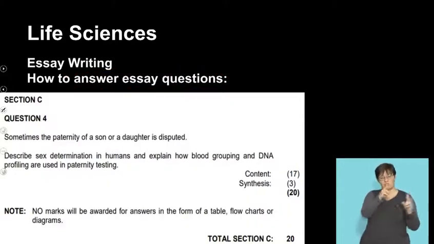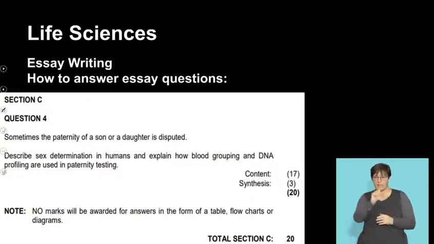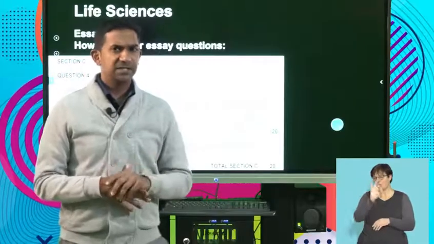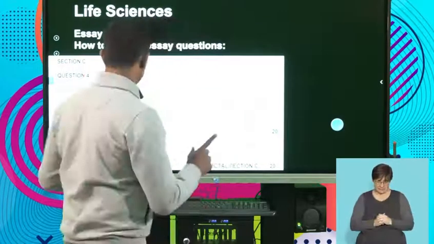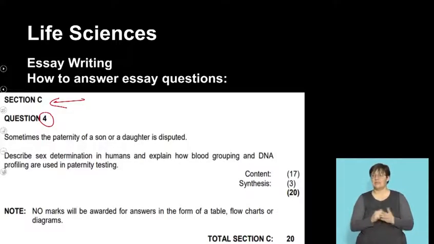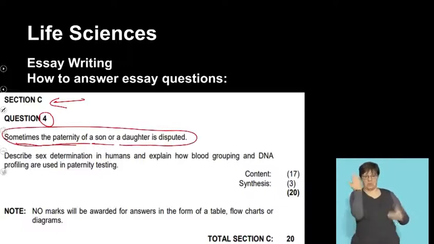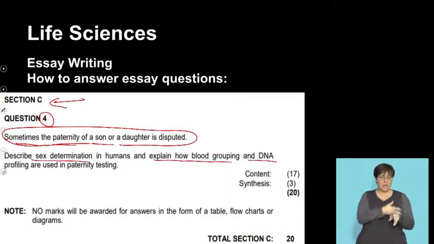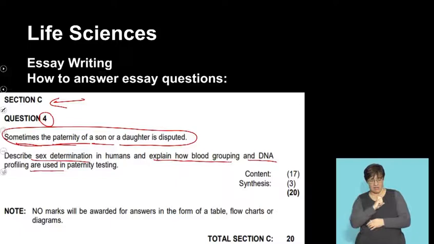So here's a question that is taken from a previous exam. The question reads, it's often question 4, and that's in section C. Towards the end of the paper, this is the question that you're often left with. I generally remind learners to keep around 30 minutes for this last question. Again, let's read this. Sometimes the paternity of a son or a daughter is disputed. Let's read further. Describe sex determination in humans and explain how blood grouping and DNA profiling are used in paternity